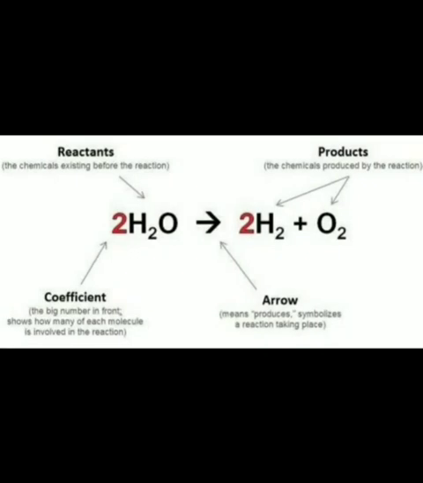I already told you that it is the decomposition reaction which is brought about by the presence of electric current. The chemical reaction which is brought about by giving electricity is known as electrolytic decomposition. For example, see here, water. How can the composition of water be separated? By giving electricity, hydrogen and oxygen are separated from the water. That means 2H2O, when decomposed in the presence of electric current, produces hydrogen plus oxygen.